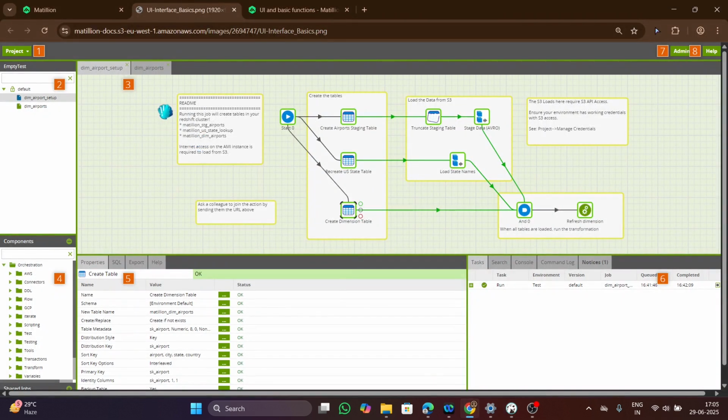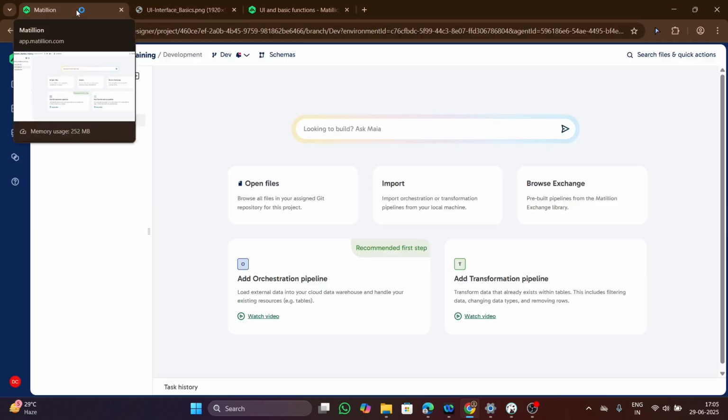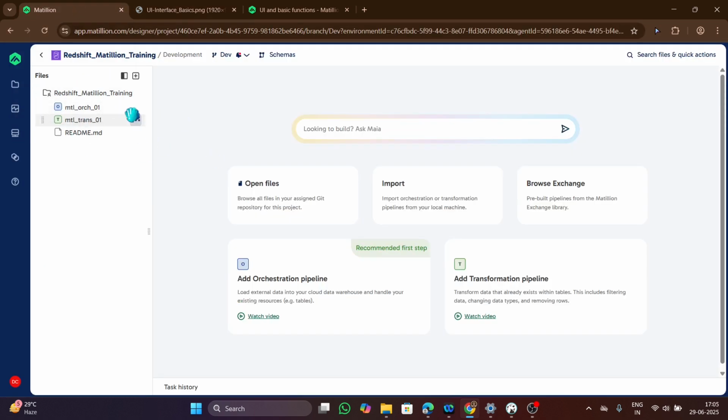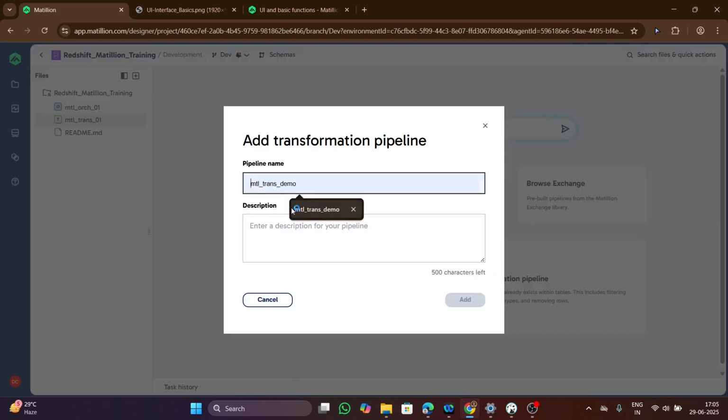Here in the Matillion Enterprise Edition, if you right click on the default project group, you will find options to add a transformation job. Similarly, in our Matillion hub, we can do the same thing. In our project group, there is a plus icon. We'll click on the plus and add a transformation pipeline. So we'll provide a name for this pipeline. Let's say MTL underscore transformation